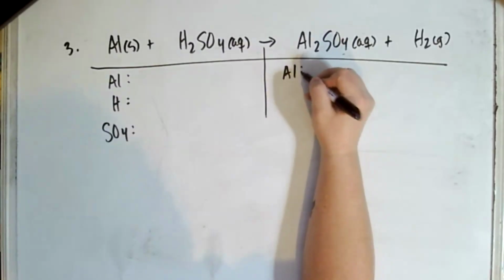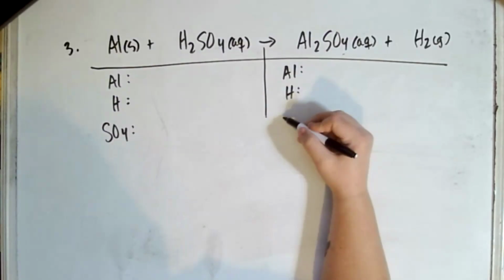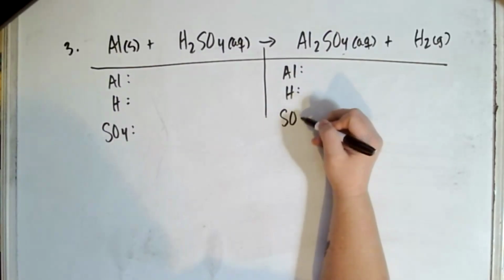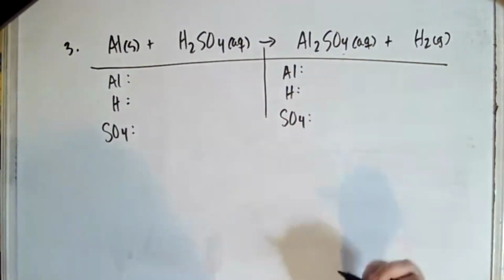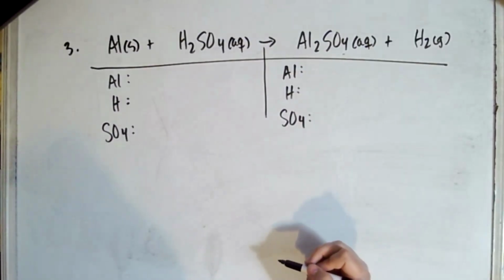You can pull it apart if you want to. It seems like a little more work to me, but if you want to pull the sulfur and the oxygen apart and count them separately, you can do that as well. Here I'm going to balance,